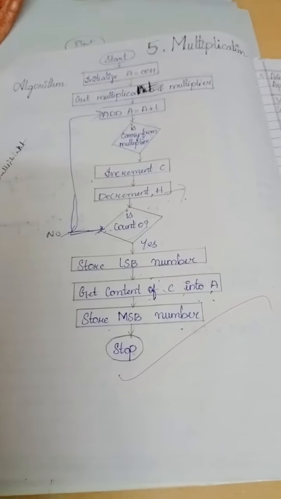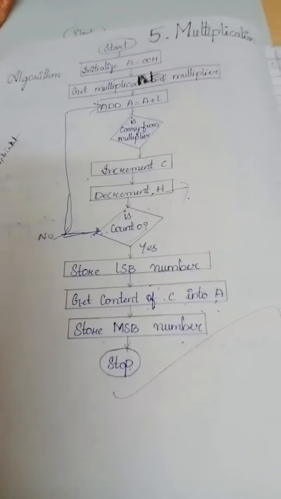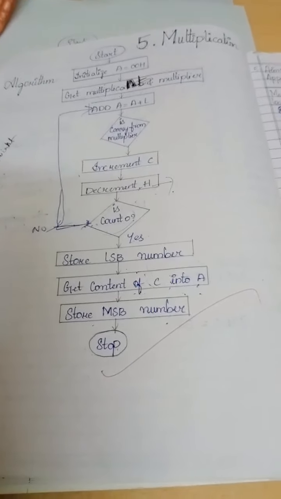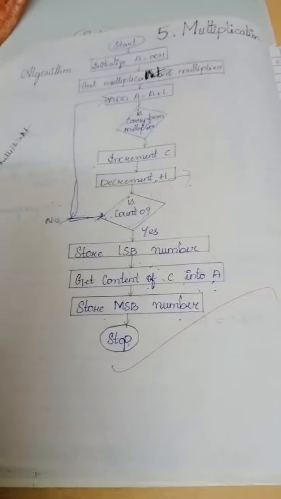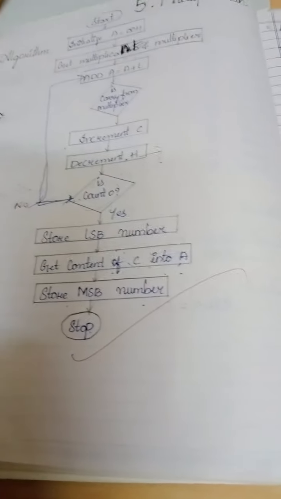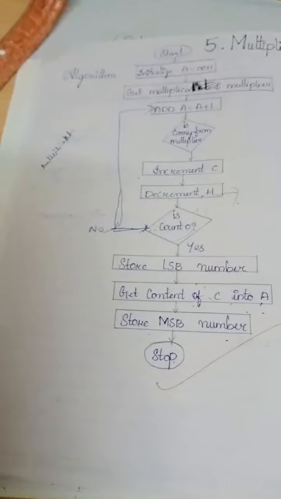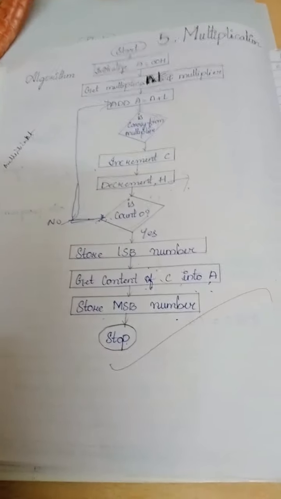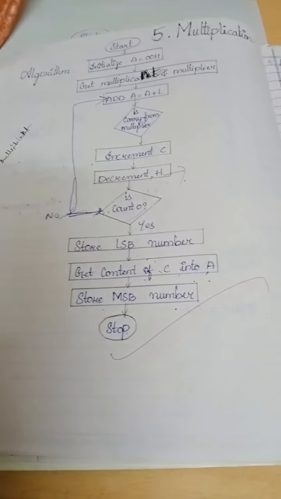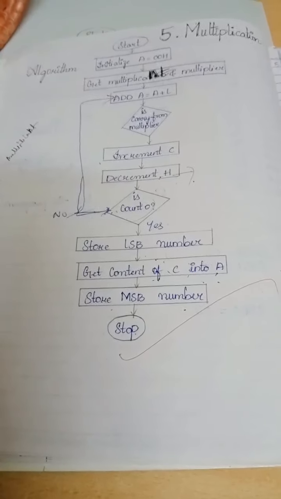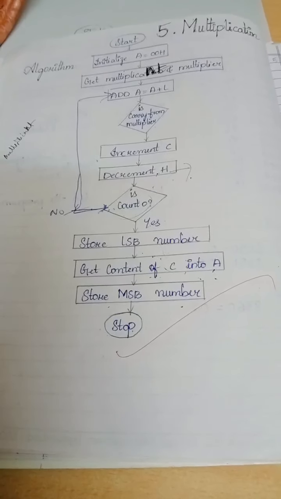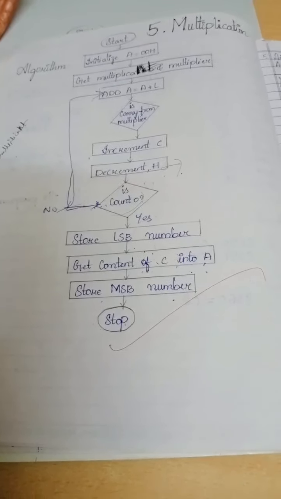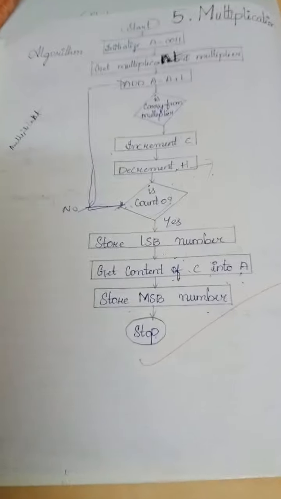So what we have done in today's class is we have just discussed the multiplication program, because the microprocessor does not have any multiplication instruction. So we have to use the repeated addition technique, for which we have written the algorithm. Now in my next class I will be dealing with writing the program of 8-bit multiplication. We will be writing the program table, where we will then execute our multiplication program also.